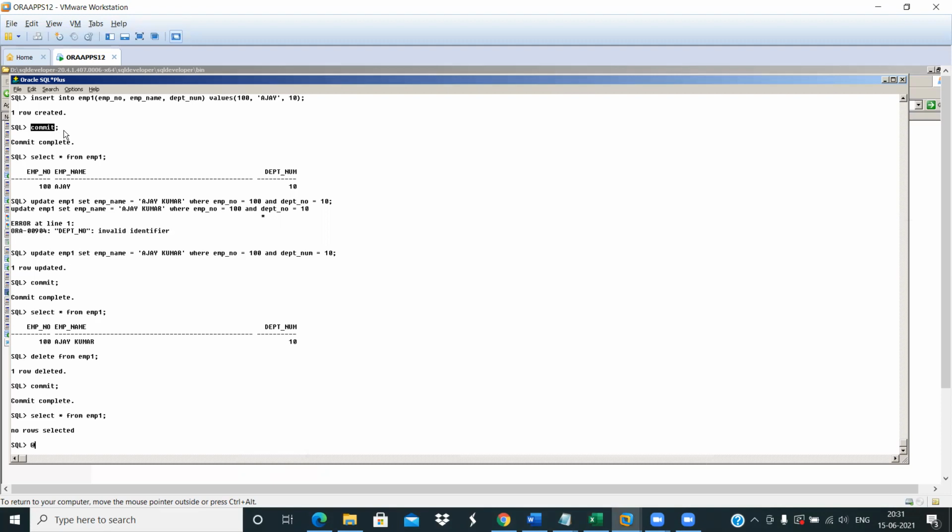You cannot roll back or undo once you have provided commit. It's all done. Before giving a commit, the data is already inserted, but it's stored in temporary memory, not in permanent memory. So in that case, you can roll back the data. You can give the rollback statement for data which is inserted but not committed.